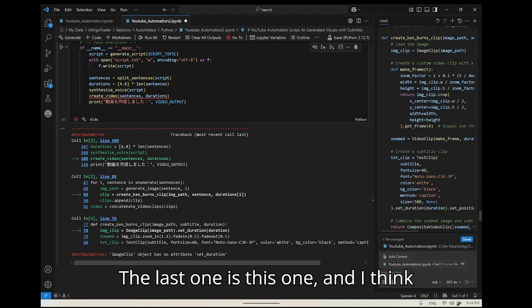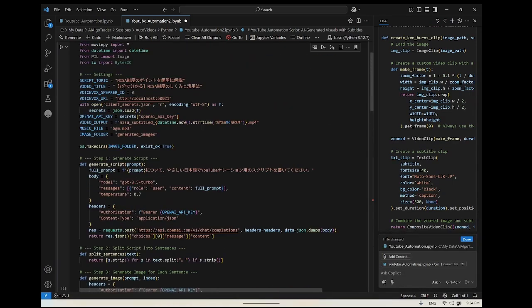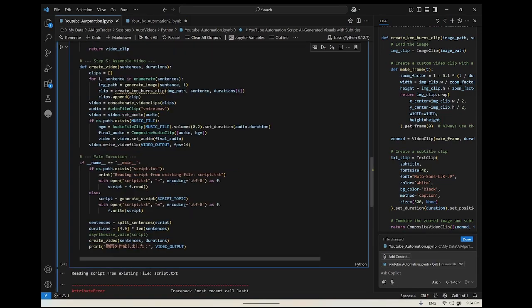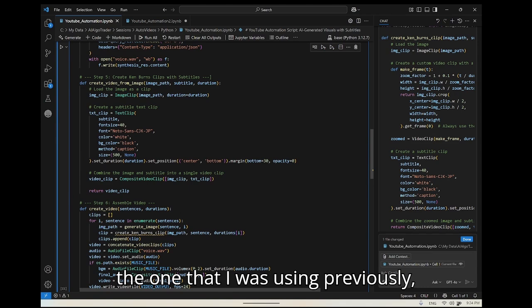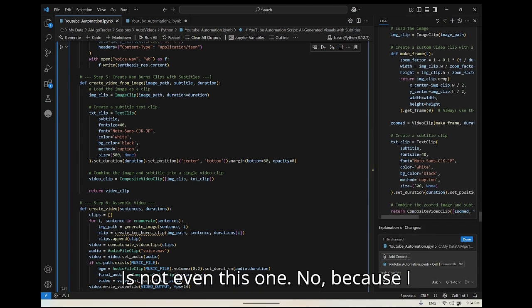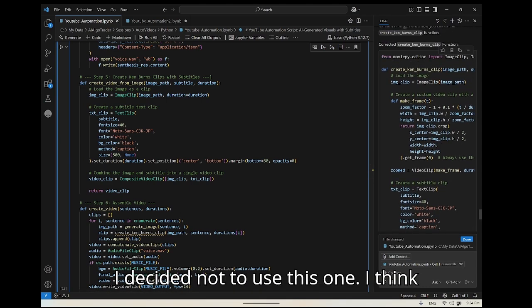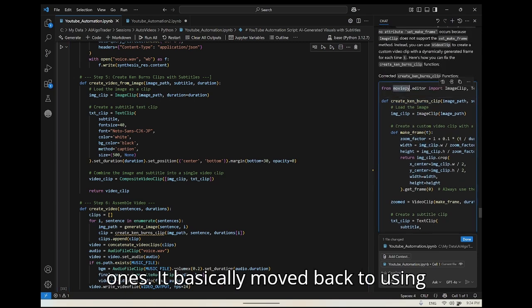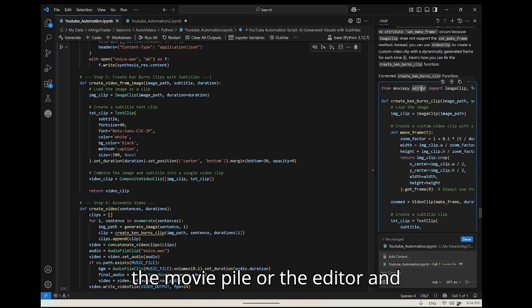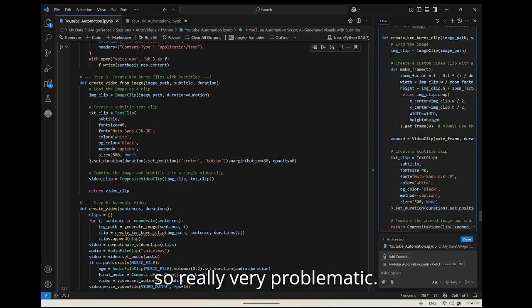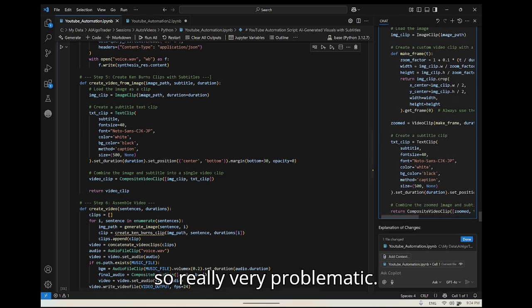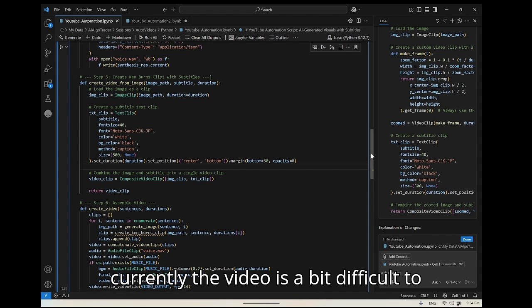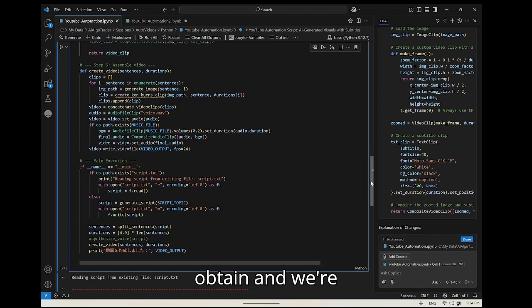The last one is this one, but the one that I was using previously is not even this one, because I decided not to use it. I think this one was even worse than the other ones. It basically moved back to using the moviePy.editor, so really very problematic. So what we can say is currently the video is a bit difficult to obtain, and we're stuck at